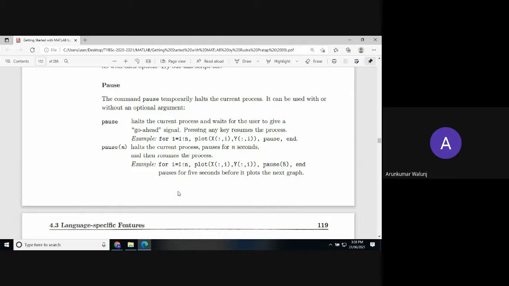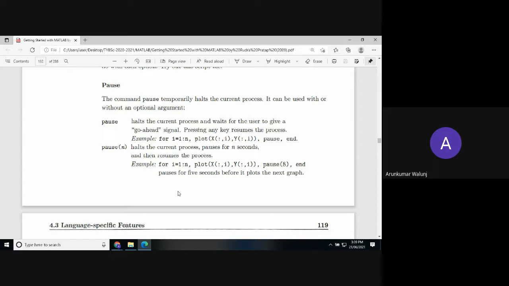So pause is just a temporary halt. We are temporarily halting the current process, but we are not breaking the process. So this is the basic difference between break and pause. Break means break the loop. Pause means temporarily halt the current process.